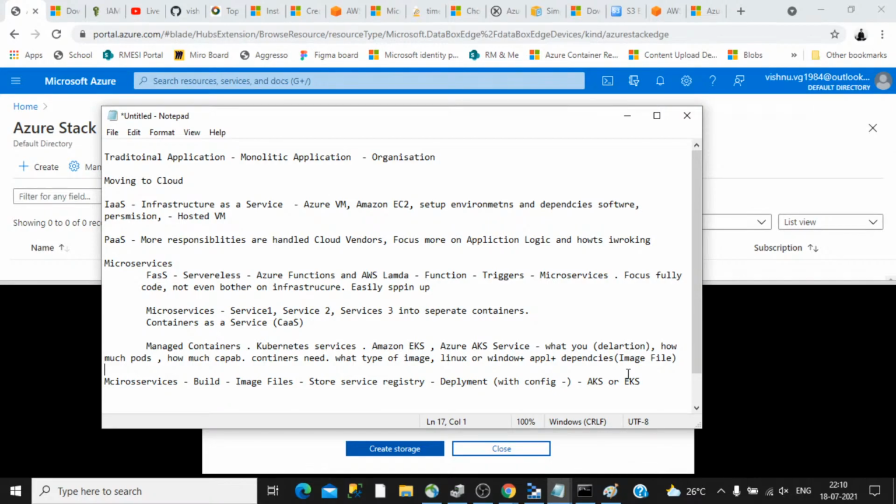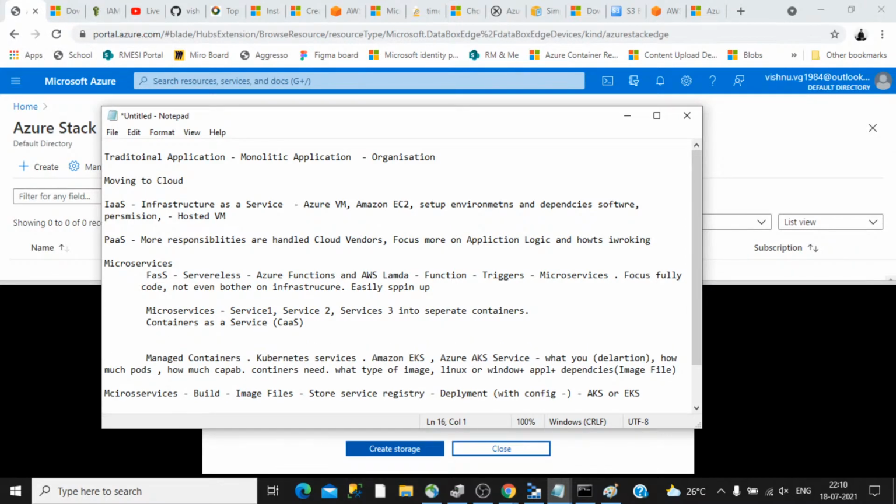A lot of microservice advantages you would get from such an approach. Both of these, the managed containers, are called highly available containers.